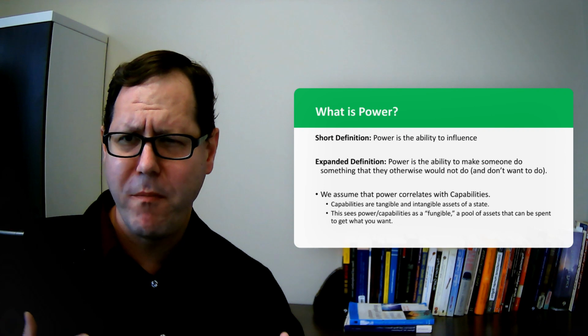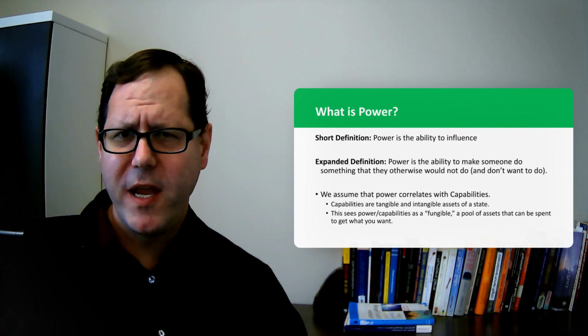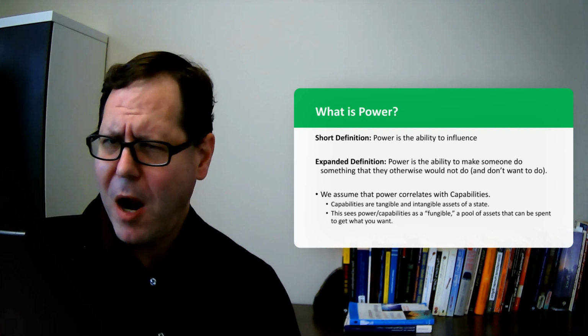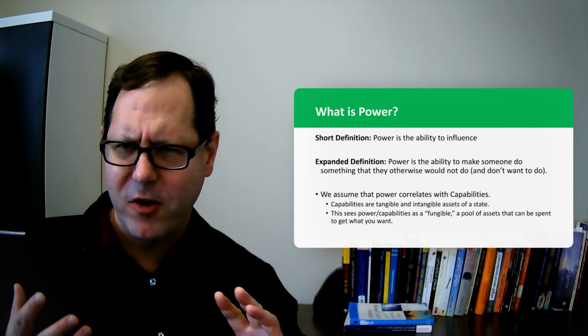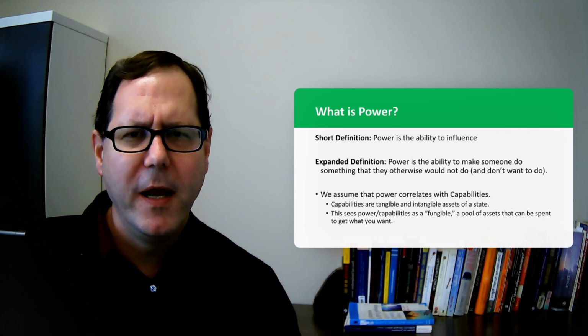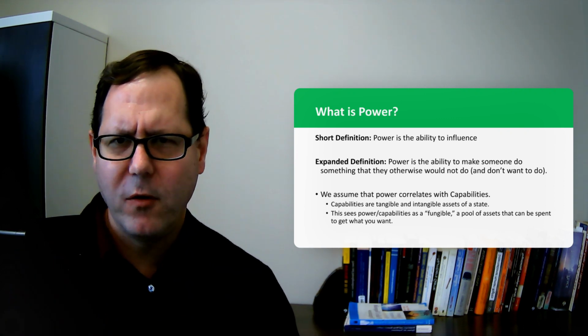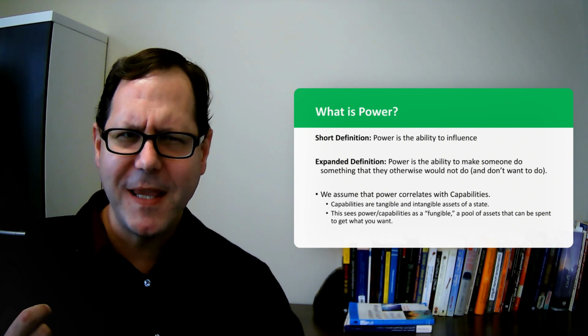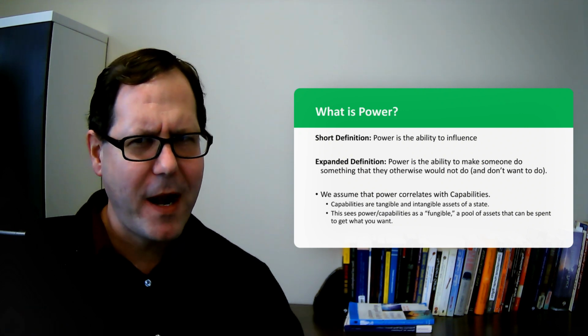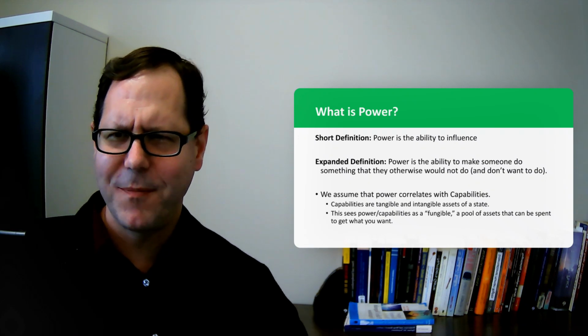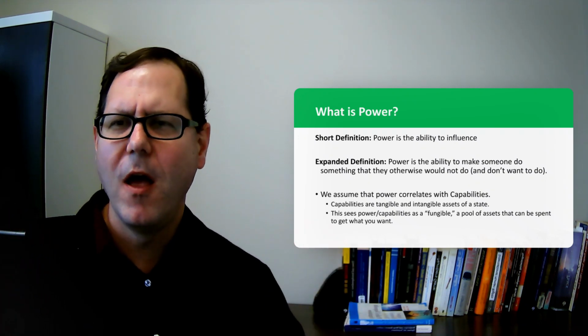We might expand that a little bit. Power is the ability to make someone do something that they otherwise wouldn't do, and probably don't want to, right? So there's this element of controlling others. We'll talk about that in a little bit. But that's a really abstract sort of thing, right? I mean, control over others is something that we kind of have a concept of, but would be really hard